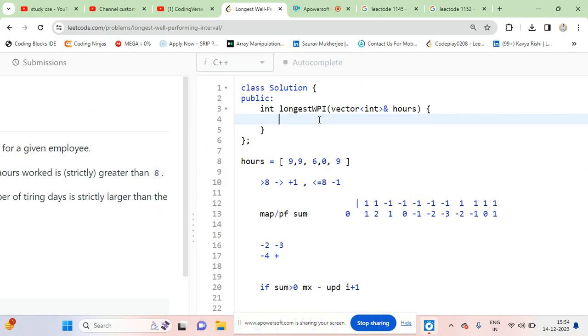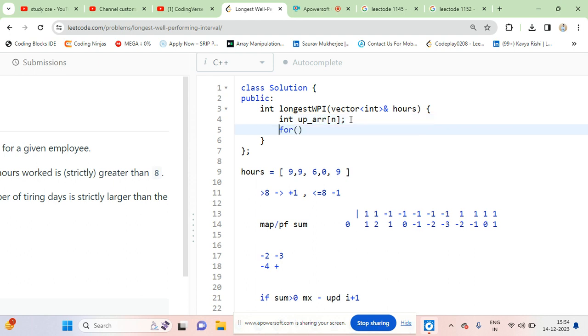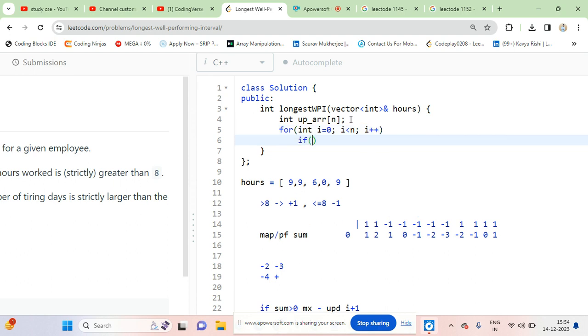First of all, I'll create an updated array of size n. For each element, I is equal to 0 till n, I plus plus. Basically, if your element hours of I is greater than 8, I'll say that